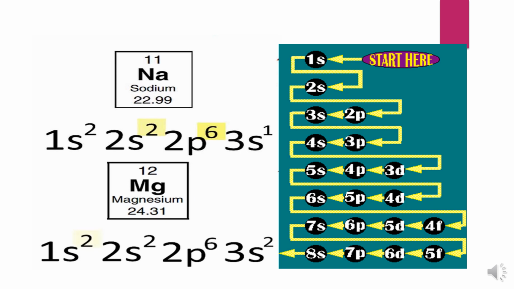So after that you can see in this Aufbau diagram that the next orbital to be filled is 3s. Now electrons will go in 3s. The first electron is for sodium and the second electron is for magnesium. So 1s2, 2s2, 2p6, 3s1 is sodium, 3s2 is magnesium. And now 3s2 is completely filled. After this, you need to enter an electron in the 3p orbital for aluminium.